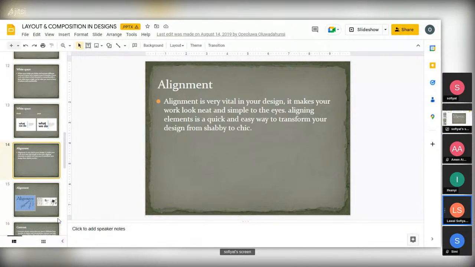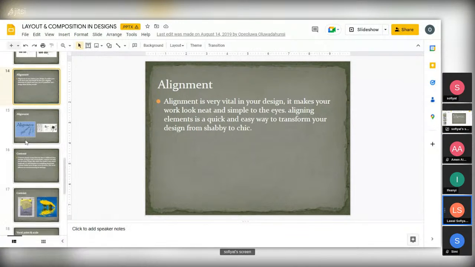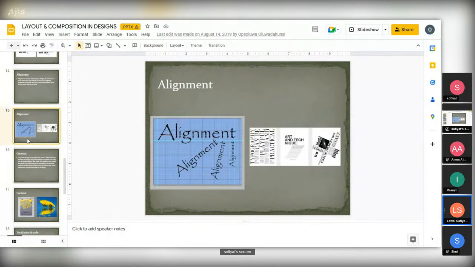it will not fall apart. It will stand. It will not be like this one that is coming down, falling apart. But when you align very well, it will be there. And again, like I said, there are different types of alignment. We have the centered one, the left. So one of the designs I showed you for that, the symmetrical design,